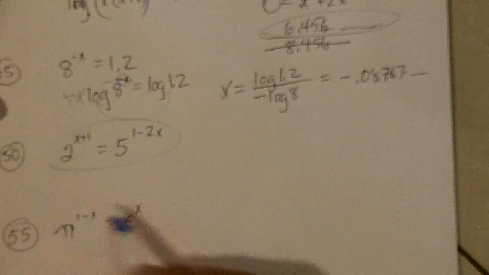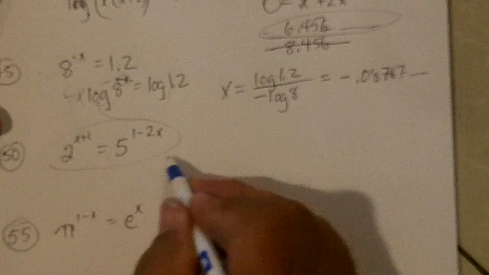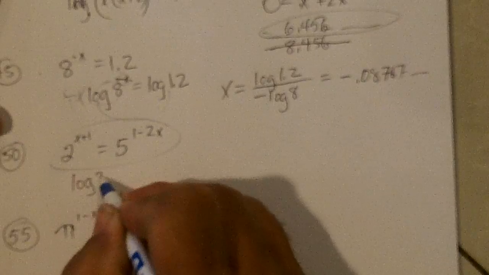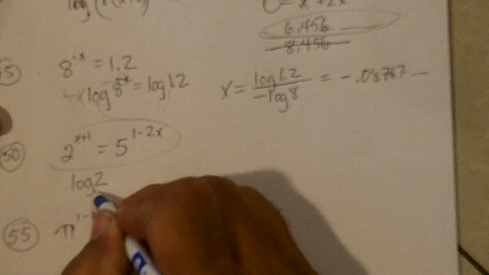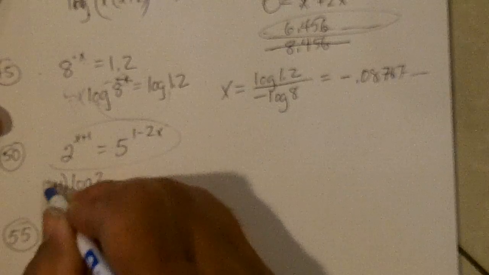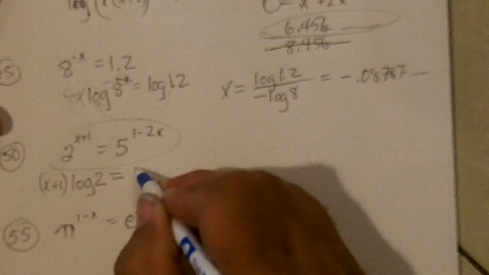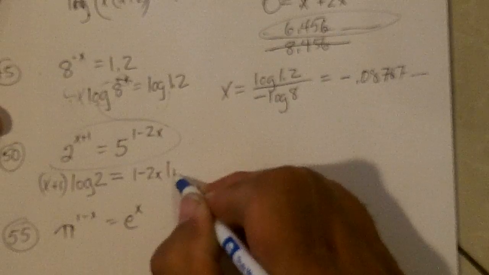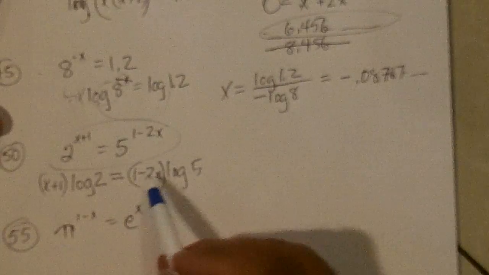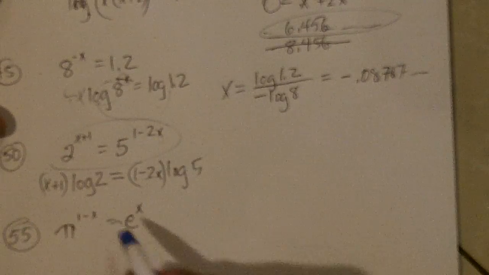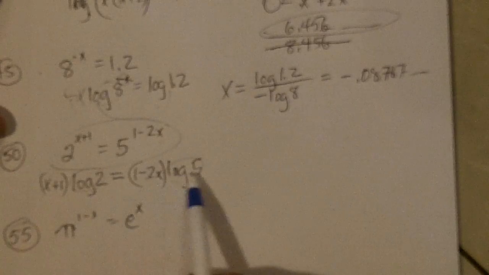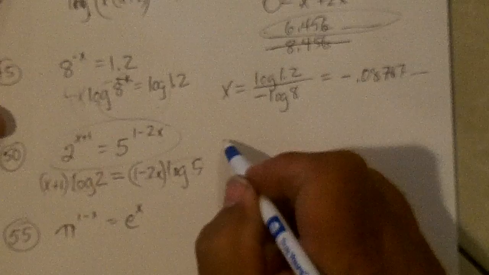All right, this one. So I'll take the log of both sides, log base 10 of 2 to the x plus 1, but that'll come down, equals (1 minus 2x) log of 5. I take the log of this side, the power comes down. And these are just numbers. You can type those in right now if you want and get those decimals, but I'm going to just write,